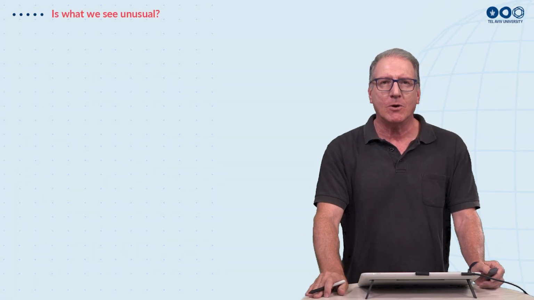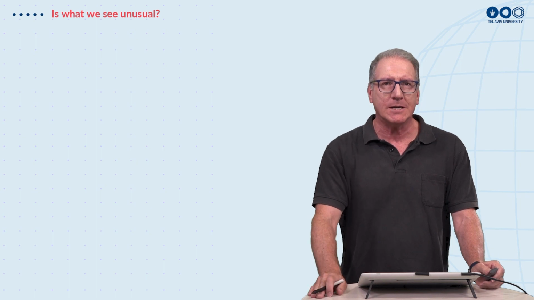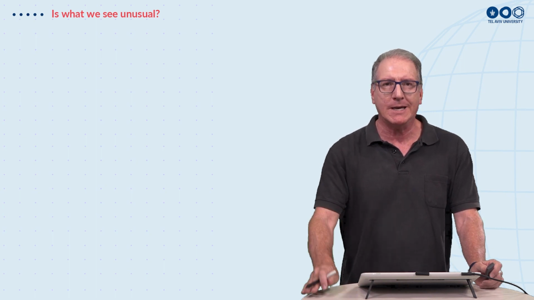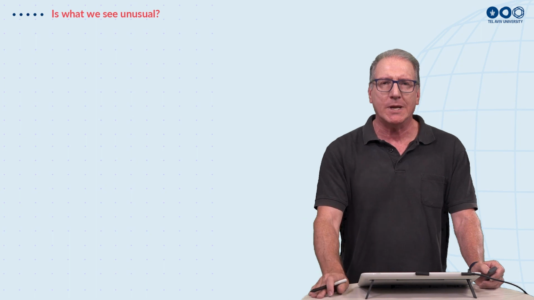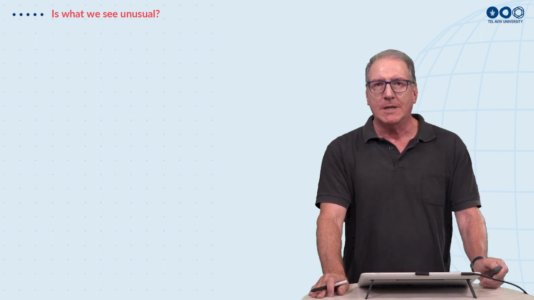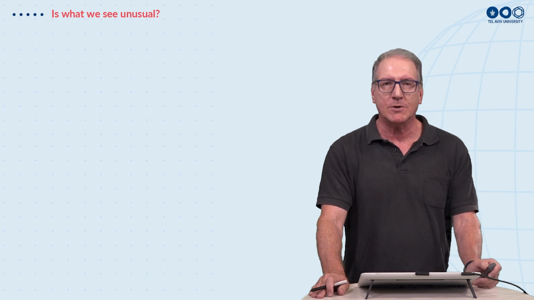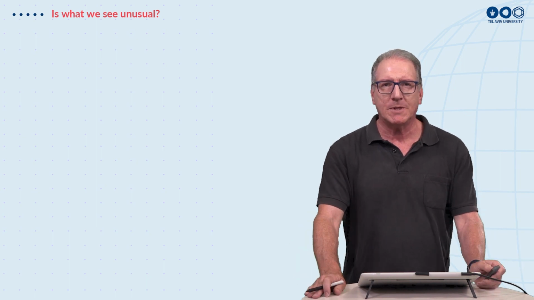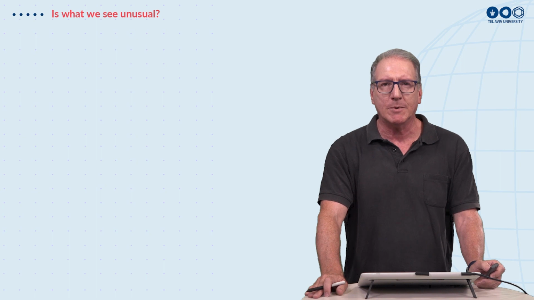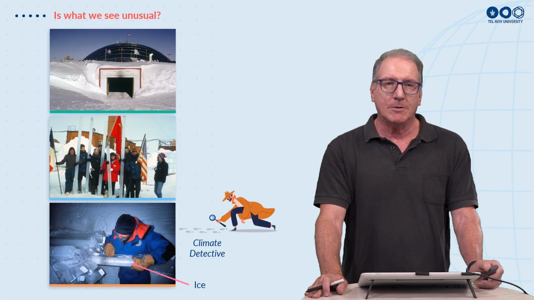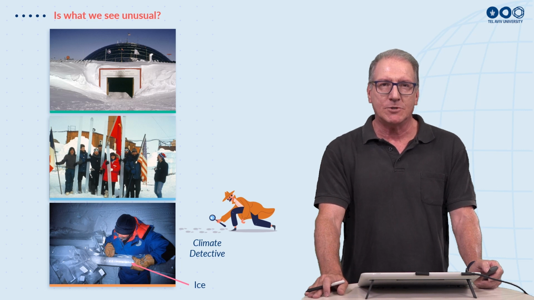In the last video, we saw the increases in greenhouse gases that are occurring in the last decades. And the question is whether this is really unusual. Is this something that has happened in the past, even tens of thousands of years ago, 100,000 years ago? Or maybe it's something that we don't have to worry about because it happens all the time. So we have to become a little like a detective, a climate detective, to try to study what happened in